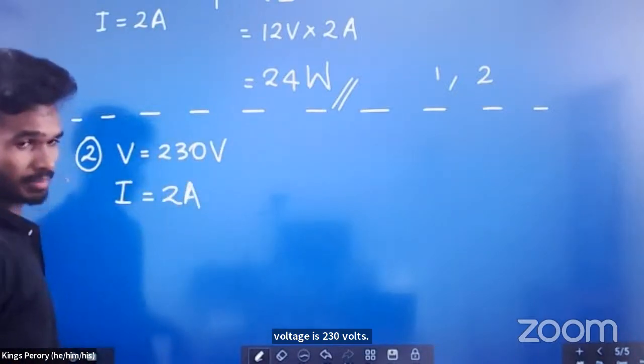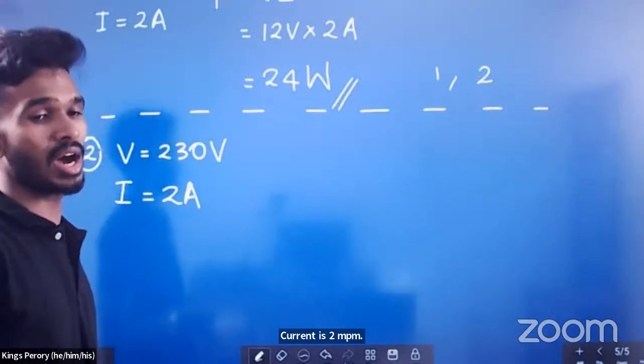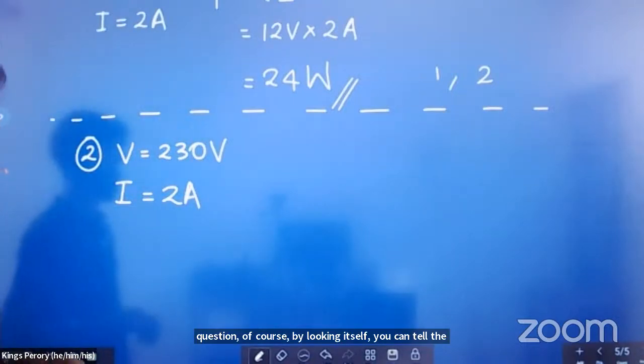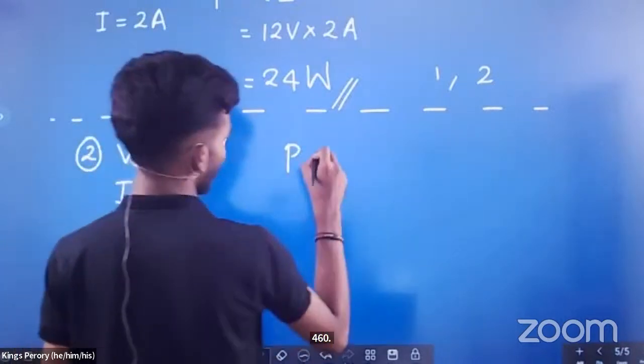Current is 2 ampere. Now, if it's an MCQ question, of course, by looking at it you can tell the answer. Tell me what's the power. One shot, tell me. 460. Solving this for an essay or structured essay type question: